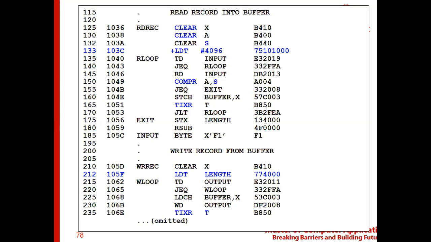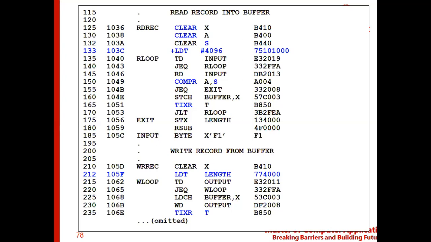And line number 150 again follows format 2 because there is no memory. And 210 is also format 2 because there is no memory. And line number 225 follows indexed addressing because the X register is used, and BUFFER is a symbol defined at some memory location, so we can say it is a memory reference, and with the index register, it follows the indexed addressing mode. So this is the overall view of this program.